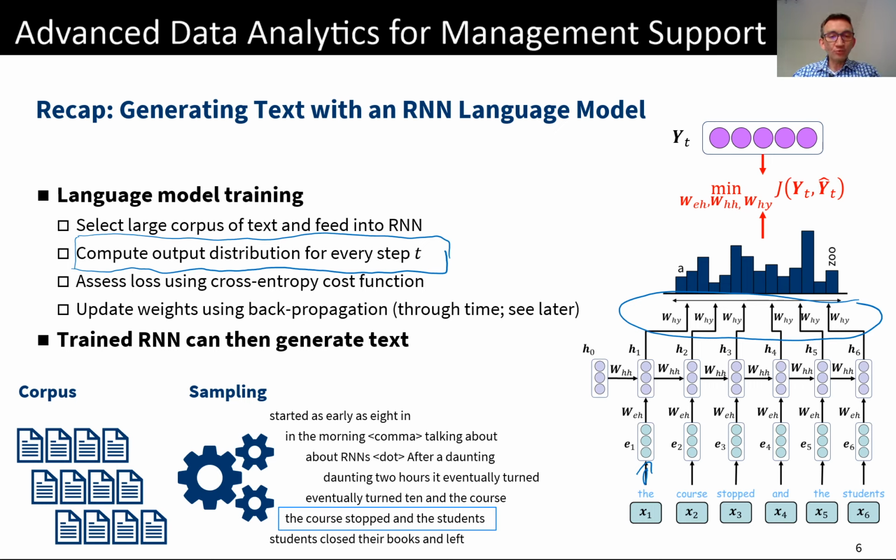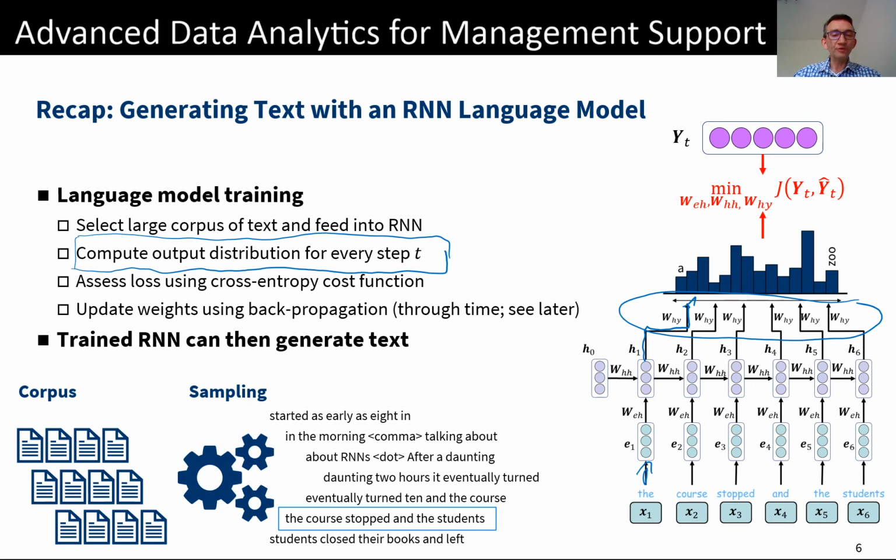And then from H1 we pull an output by multiplying the latent state, the hidden state H1, with our weight matrix connecting the hidden state to the output layer, W_hy, and that will give us a distribution over words. And note these ŷ and these z's, which indicate that our output layer has one unit for every word in our vocabulary. And our neural network gives us a probability distribution over these words,